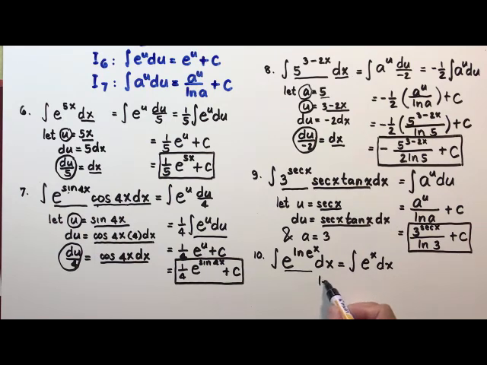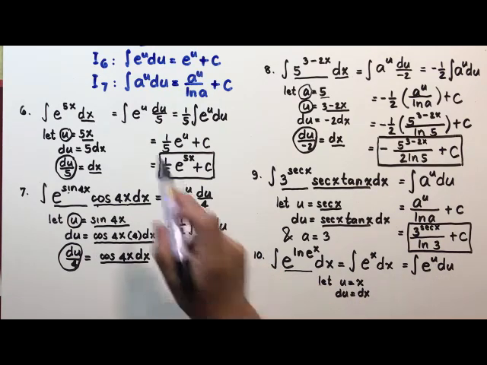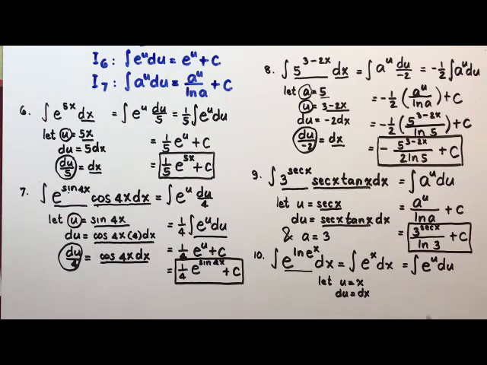And that is a very easy integrand, and you don't have to worry a lot, because when you let u be equal to x, you notice that the differential of x is just dx. So by substitution, that is the integral of e to the power u, because x is our u, and dx is our du. So for the integral of e to the power u du, we can apply formula number 6, that is equal to e to the power u plus c.